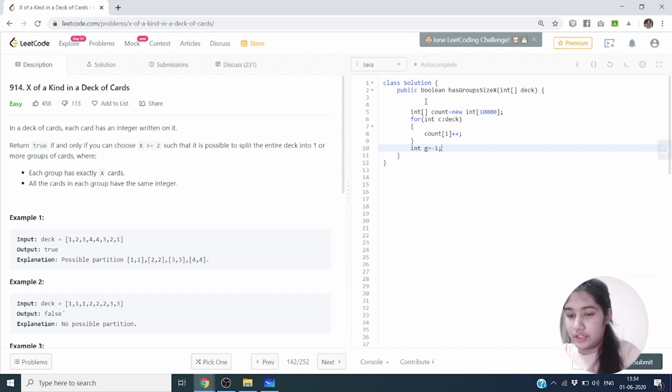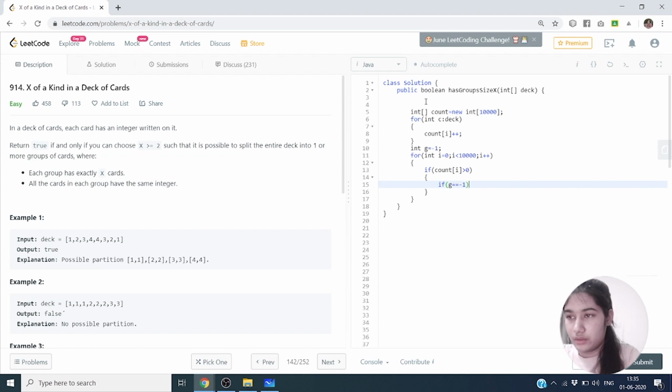So I'll initialize a variable g equal to -1, which will track the GCD, and iterate up to the length of our array count, and check if the count value is greater than 0.